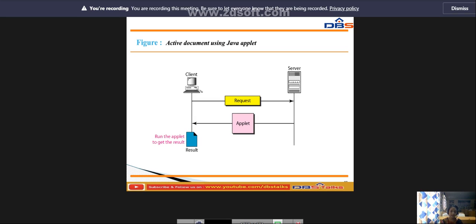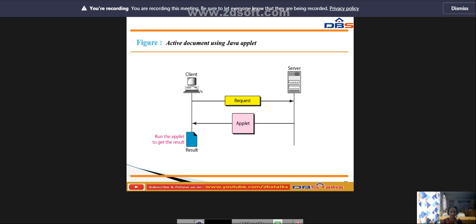The idea of the script is that a dynamic document can be used for active documents. If the active part of the document is small, it can be written in a scripting language that can be interpreted and run by the client at the client time. So the script is source code, that is text, and not in binary form.